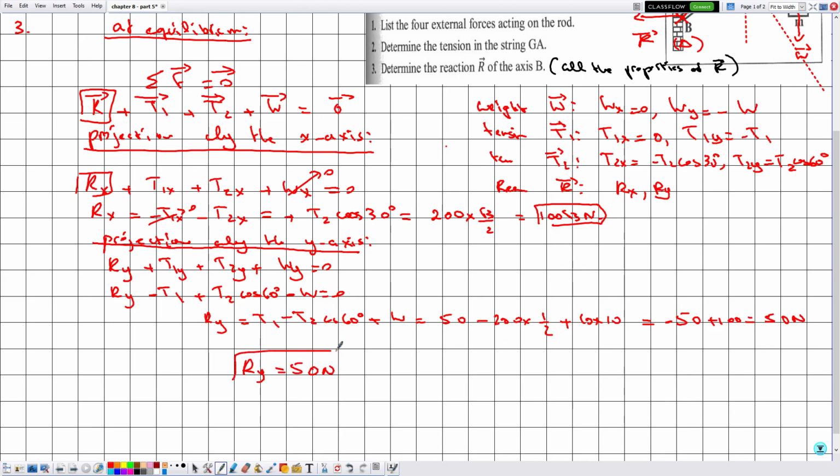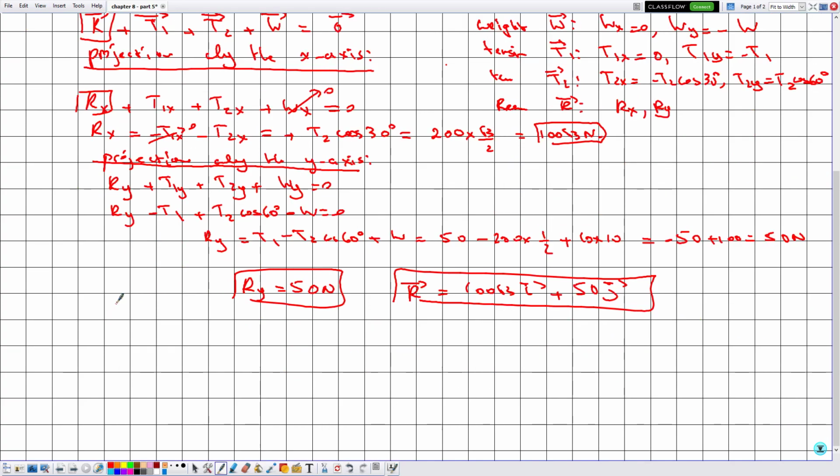Now the vector R is written as 100 radical 3 i plus 50 j. Now how can one interpret this result? Before interpreting, let me determine the magnitude. R in magnitude is given by the square root of Rx squared plus Ry squared, equal to 100 radical 3 to the power 2 plus 50 to the power 2, which is equal to